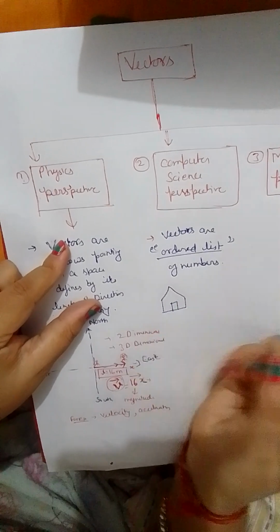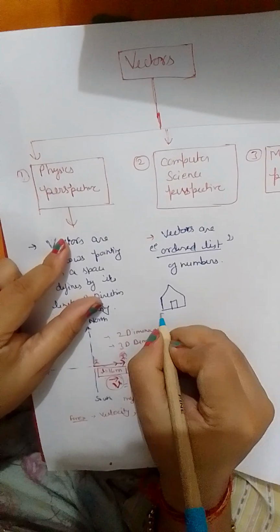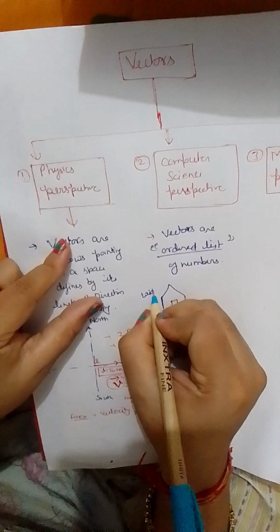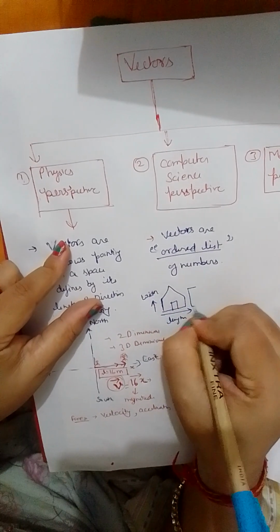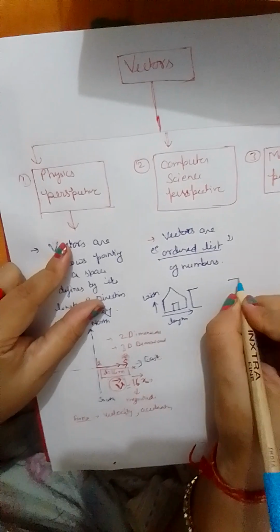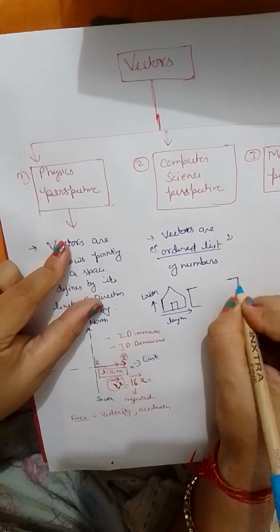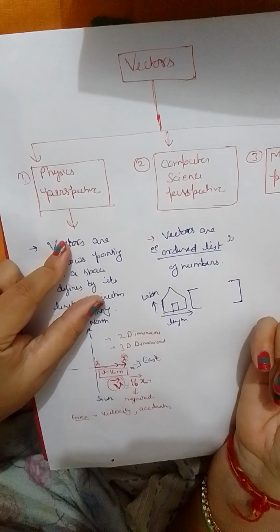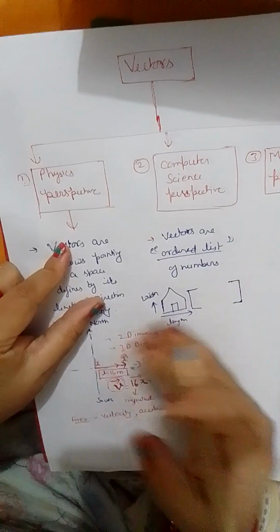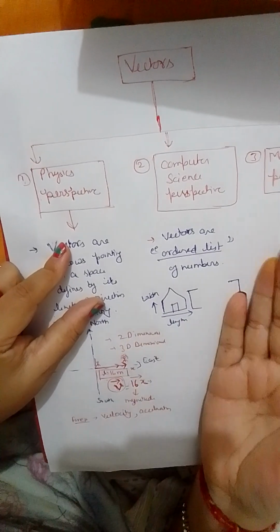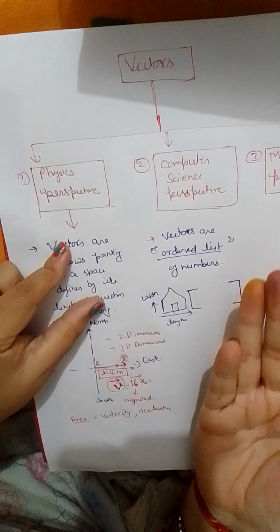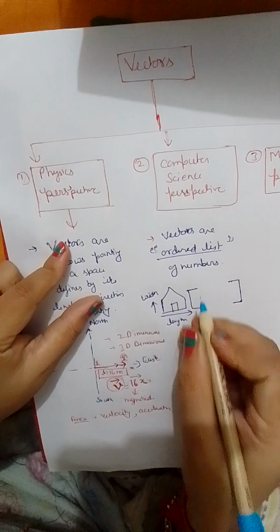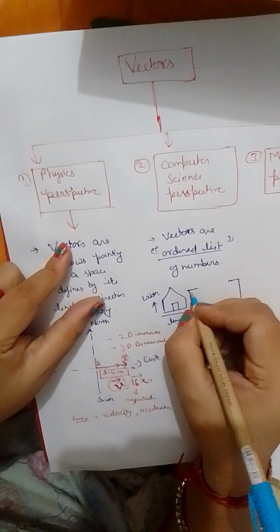My home has some length, and let's suppose this is the length and this is the width. Suppose I am in the EWS category, economically weaker section, and I have to apply for some schemes. If they ask me what the features or stats of my house are,